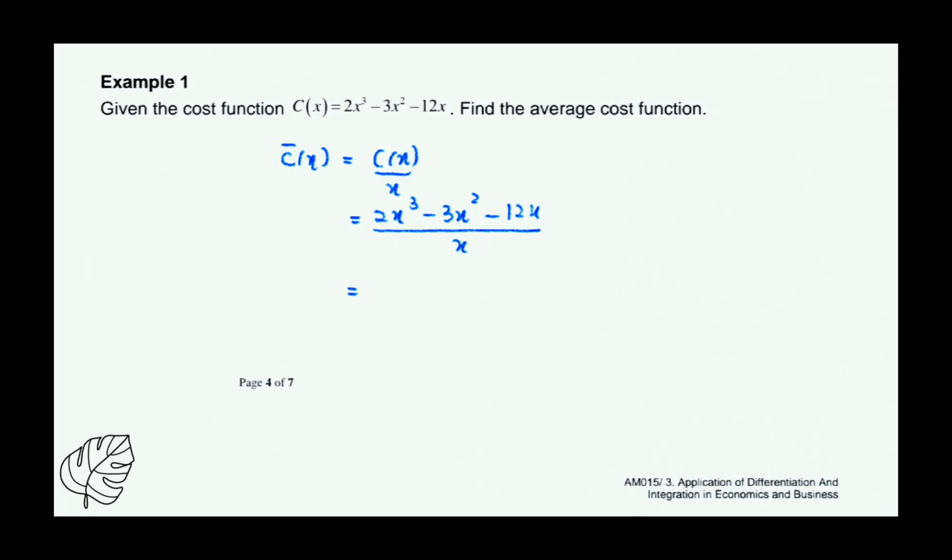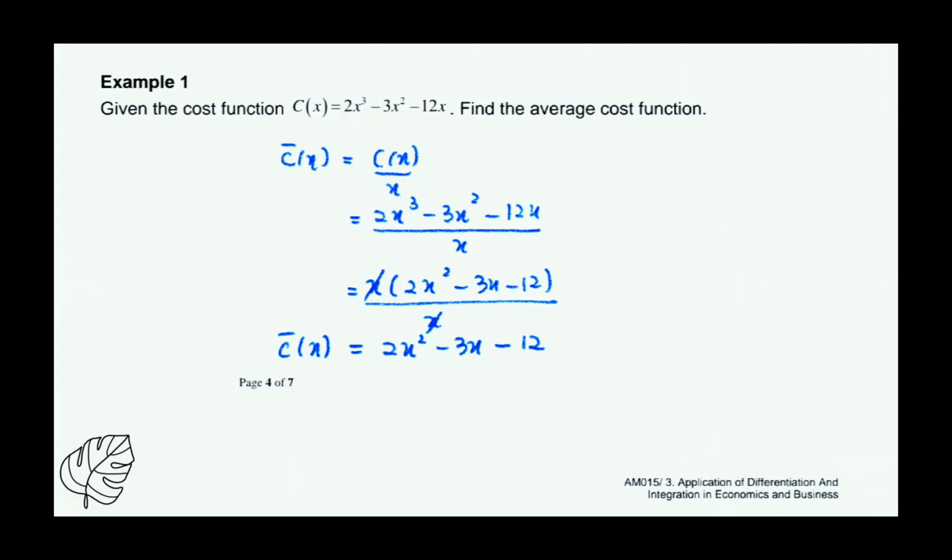So we factorize, we get x times 2x squared minus 3x minus 12 over x. So simplify, then C bar of x, the average cost function, will be equal to 2x squared minus 3x minus